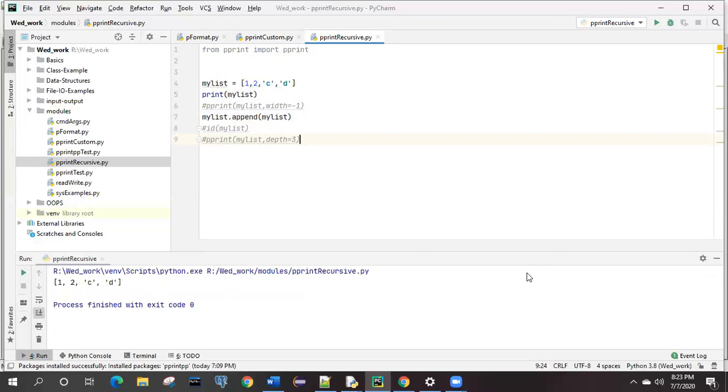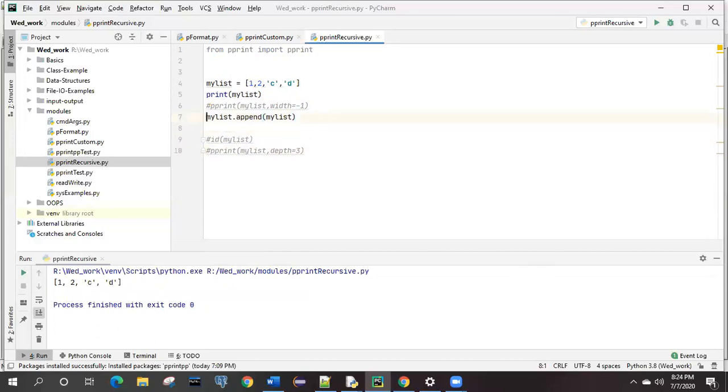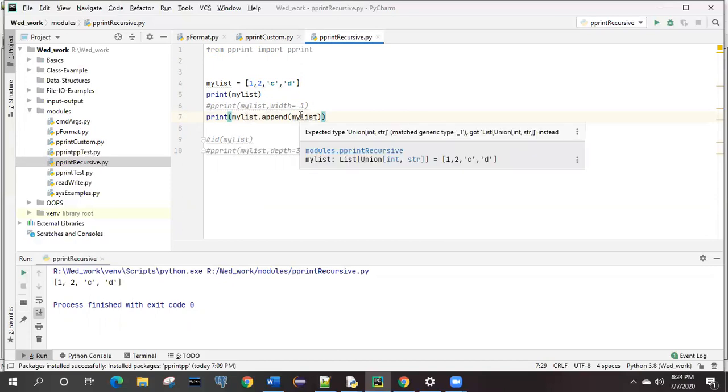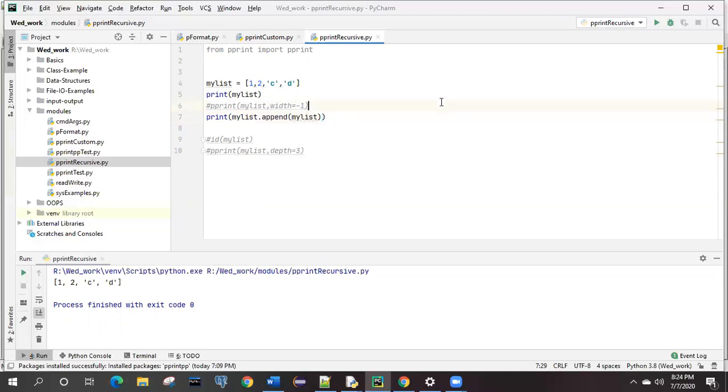How will it look? Oh, we need to print it first. After that, this one also, or we can write the whole thing inside the print. See, my list will be called. Inside that, again it will append my list only. Like that, internally it is going to go round and round, it is going to call, right? Yeah.